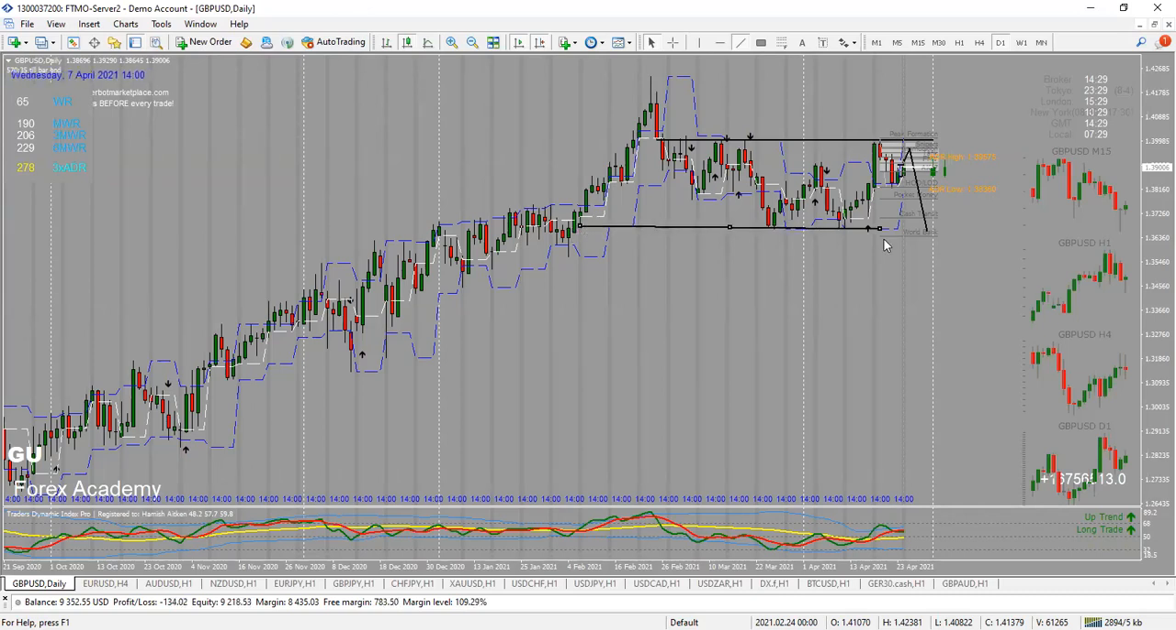and then also I'll be looking for them to at least test this one before going more higher. And then if I have to trade this pair to take out these lows, what I